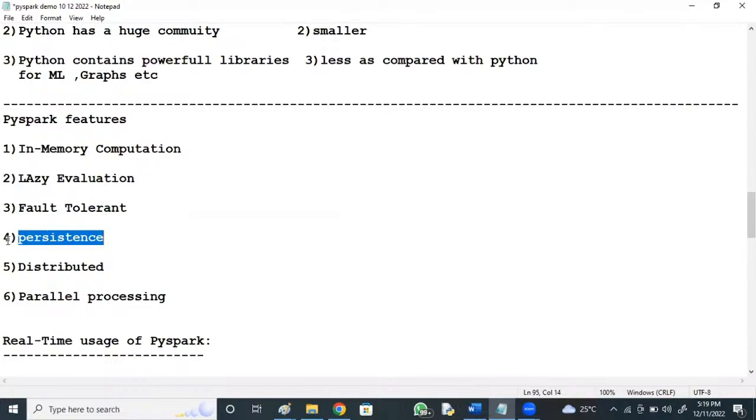About this persistence, I'll provide you multiple examples. One thing to remember is that transformations cannot be reused in Hadoop or other tools, but in Spark you can reuse the transformations. No need to write them again and again.